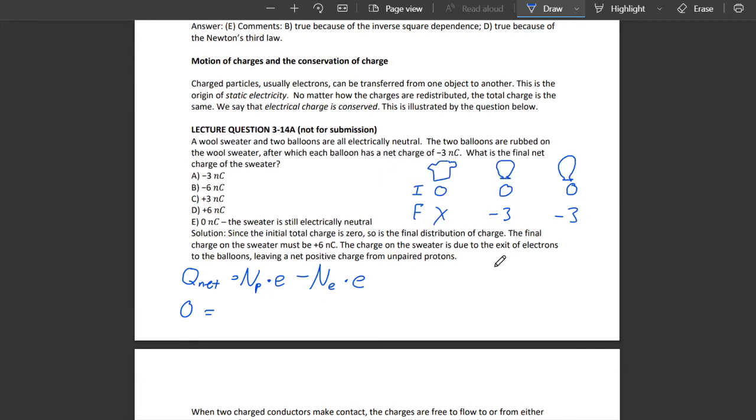Well, how do we add? We can add these together and say that this is negative 6, because negative 3 plus negative 3 is negative 6. So we can say x plus negative 6 equals 0. So how do we solve for x? Obviously, if you've taken any level of math in high school or college, you know that you just subtract the negative 6, so subtracting negative 6 is adding a positive, so 6 equals x. And we know that the charge on the sweater here is a positive 6 charge. And the reason